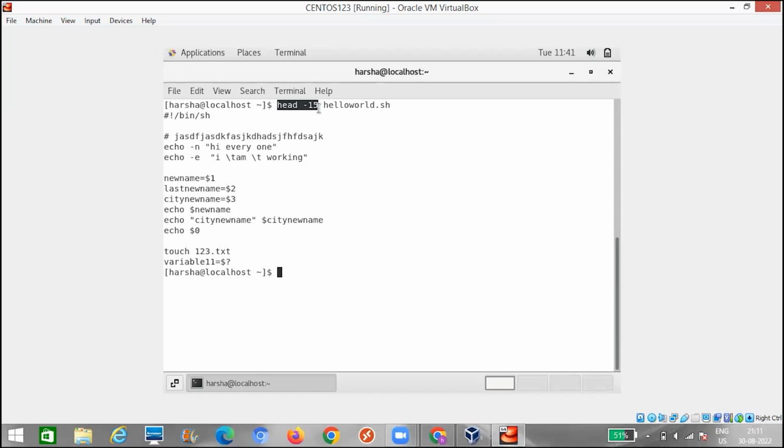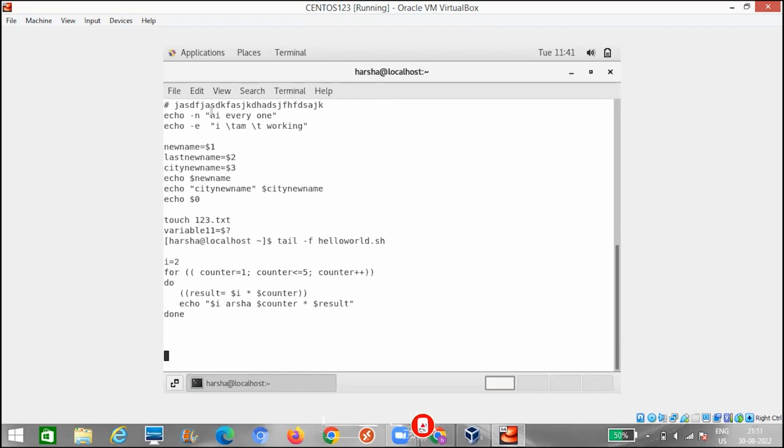And also, if your file is frequently getting updated, like if your file is a log that gets updated every minute, and you want to know the frequently updated content in your file, the command we need to use is tail -f hello-world.txt. Basically, if new content is pushed from your application to the file, it will be displayed at the bottom.